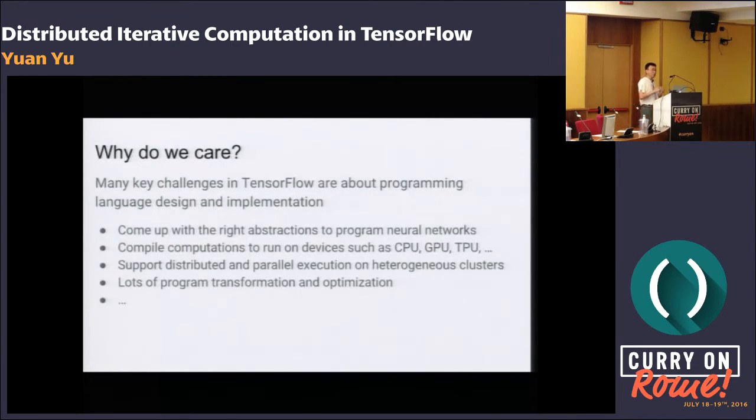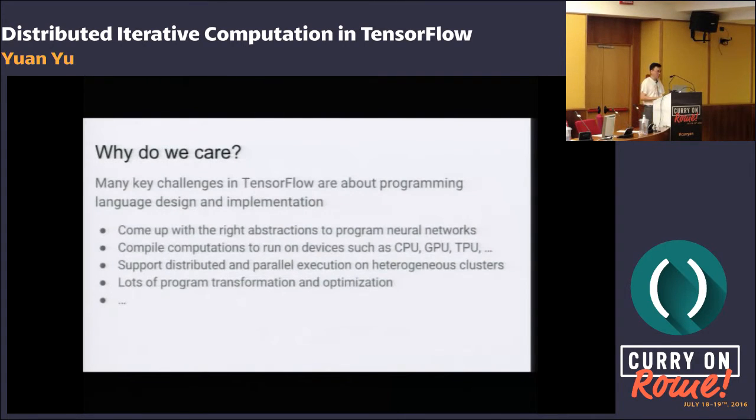Also, the training aspect of deep learning is extremely data and compute intensive, so we're using all kinds of computing devices: CPUs, GPUs, and Google, and also some other companies, work on custom hardware. So a big question is how to compile computations to run on those devices.